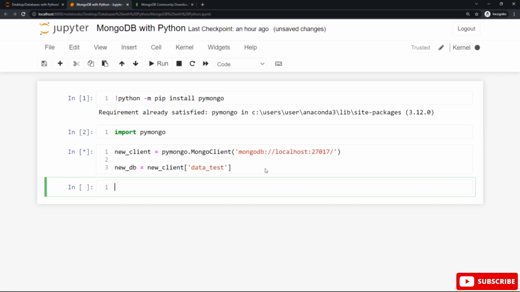Use the variable name that refers to the MongoDB connection, called new client, and in between the square brackets you can see the name of our new database, called data test. You can name it any name you wish and assign that to a variable called newDB, to use this variable after that instead of using new client for this data test database. By using this program, MongoDB will create this database called data test if it doesn't exist and make a connection to it.